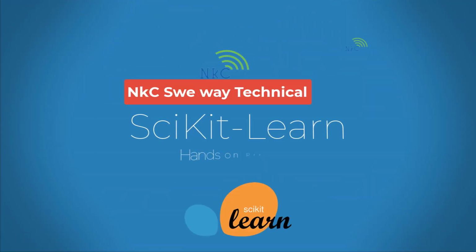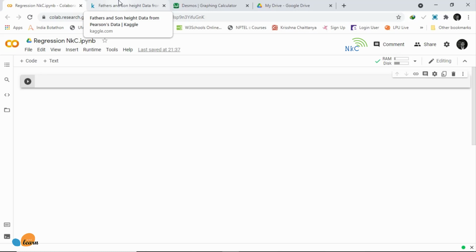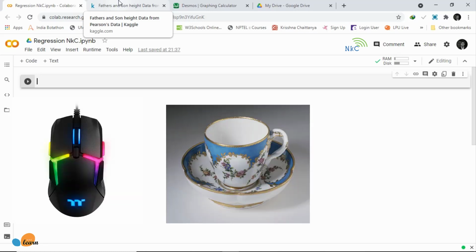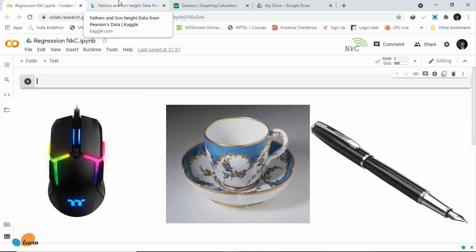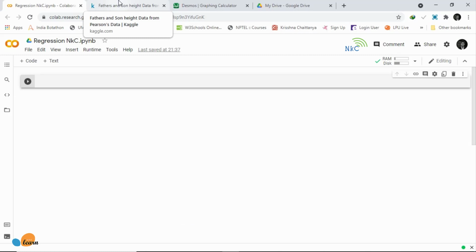Hi guys. So today it's time to start with regression. Basically, with regression problems, you're going to be looking for things where you have a sliding value. Something like height, something like weight, especially something like price, or something that's on a scale that has a sliding value, okay? Not something categorical, as you know. Either this is a mouse, this is a cup, or this is a pen. It's not somewhere in between. Whereas with regression, you have stuff in between. And that's what we are going to use.